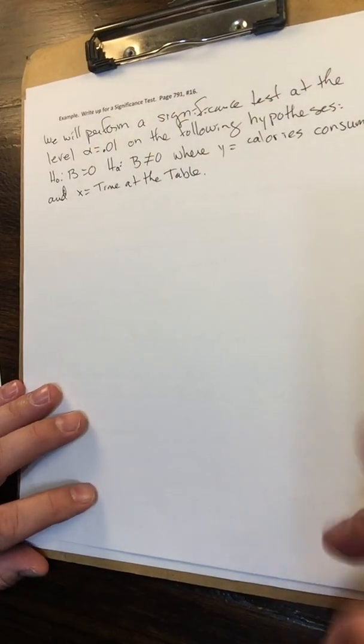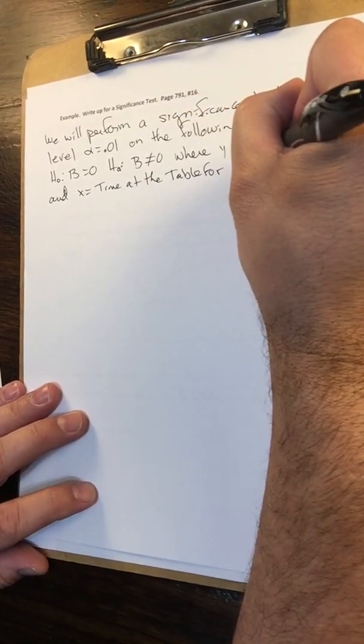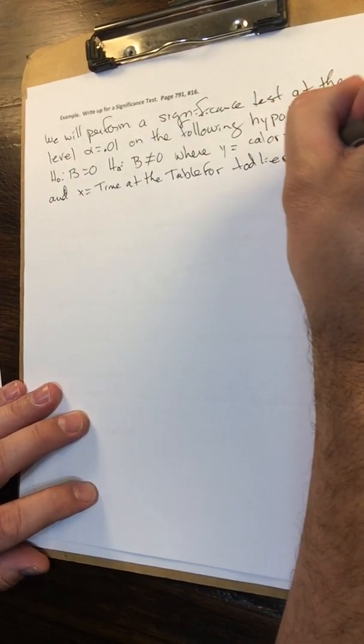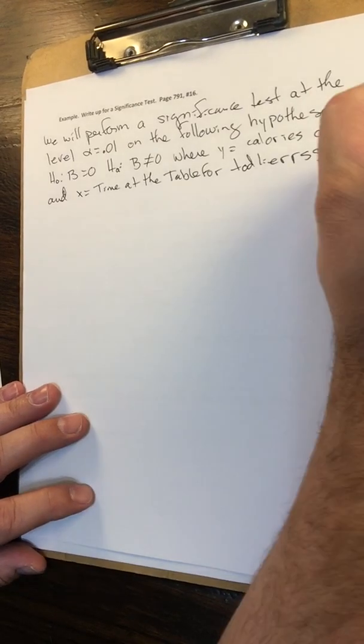Okay, so I should probably put "for toddlers," right? There we go. How do you spell toddlers? It's definitely okay. That's toddlers. Now, for the linear condition,